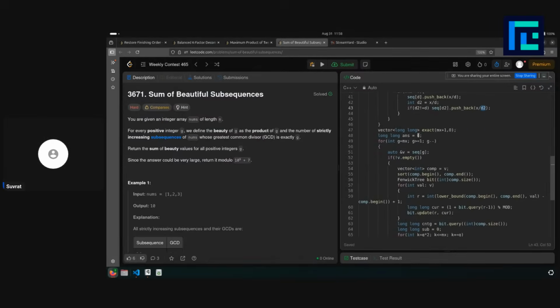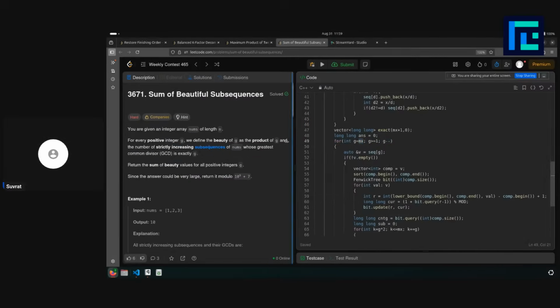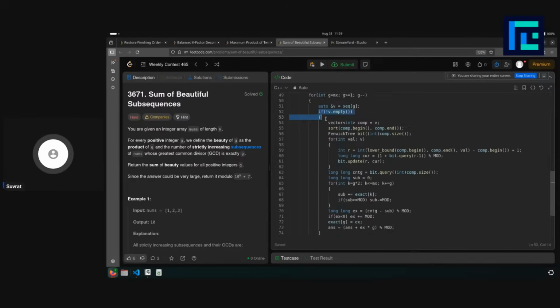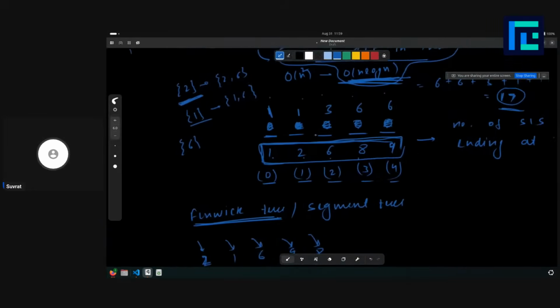So after this, now we have to find this exact array. To find this exact array, we will for loop from the last element to 1. Basically, since we need to know the value of greater elements to find the value of smaller elements, and this will copy the current sequence in v. So if v is not empty, basically what we can do is we can copy another comp vector and we can sort that comp vector to get this array